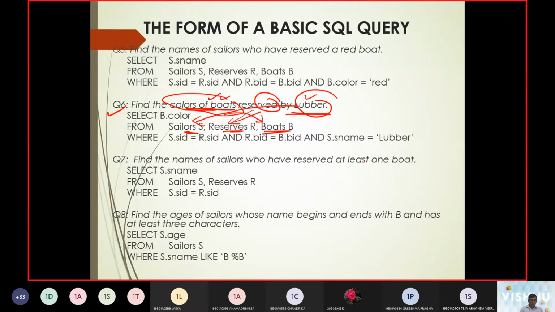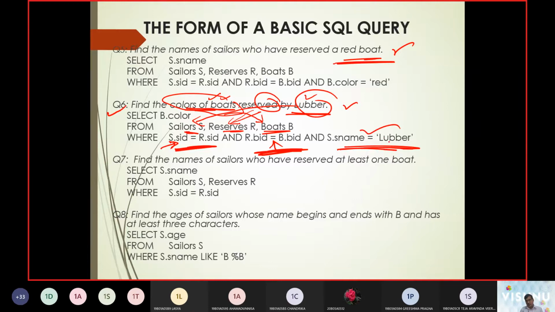Now what were the changes from the earlier query to the present query? The changes were, we need to verify the sailors table and the reserves table, that is done. We need to verify the boats table and the reserves table, that is also done. Then what is the other condition? Earlier we were checking a condition for a red boat. Now it is going to be updated to the name of a sailor, that is Lubber. Therefore we are going to give s.name equals 'Lubber'.